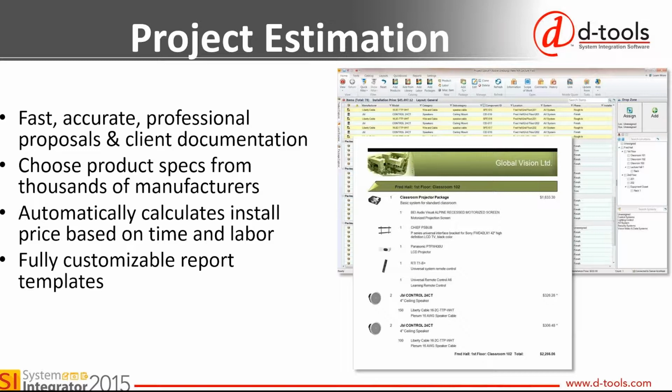All right, so right now I'll just quickly get into the project estimation, rather. D-Tools is data-driven, the process that makes it easy to create fast and accurate, professional-looking estimates and project proposals that ensure you're accounting for your design and labor and install labor, and helps you better track all the needed parts and accessories so you don't leave money on the table. And we'll get into that accessories part later, as Mike mentioned, to essentially making sure that when you're doing your projects and you're using routers, that there's no question whether or not Ihiji is an accessory and part of that